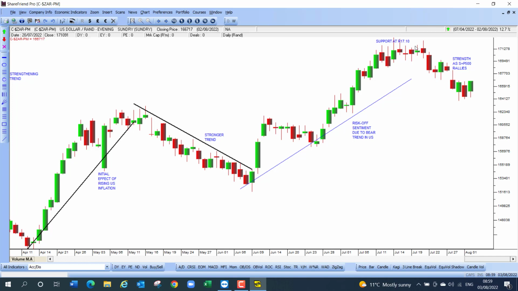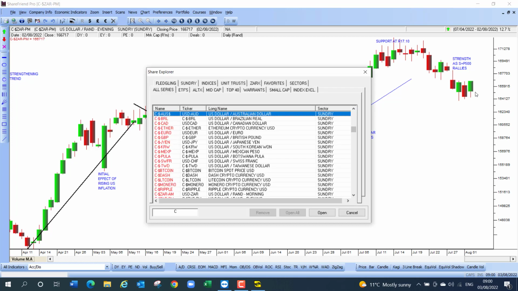You can see here also that the rand seems to have found some kind of support at 17.10 to the dollar and has been strengthening now. But what you should understand is that this looks like the rand is in a perpetual weakening phase, but actually it's not. The rand has been doing remarkably well compared to other international currencies. For example, as I said earlier, the euro has fallen from 81.96 in June 2021 to almost parity with the US dollar. We can just have a quick look at that